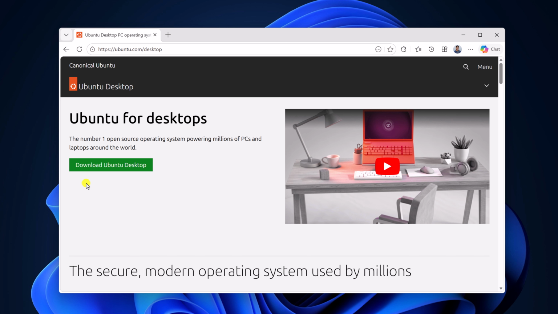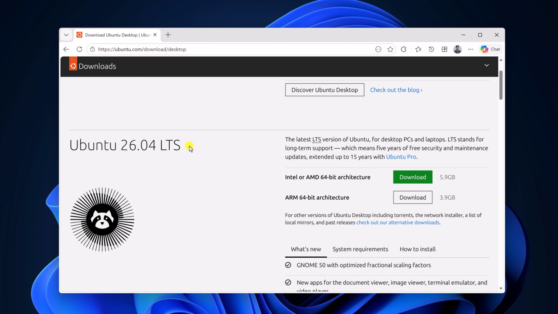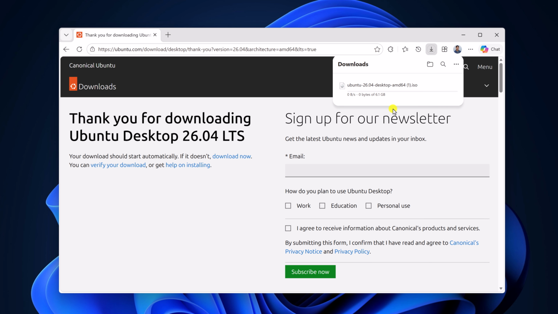Here click on download Ubuntu desktop. And here we get download option for latest Ubuntu release, that is Ubuntu 26.04 LTS. Here we have two versions. One is Intel and AMD version and another one is ARM version. So depending upon your system type, click on the download link and it will download the Ubuntu 26.04 LTS ISO